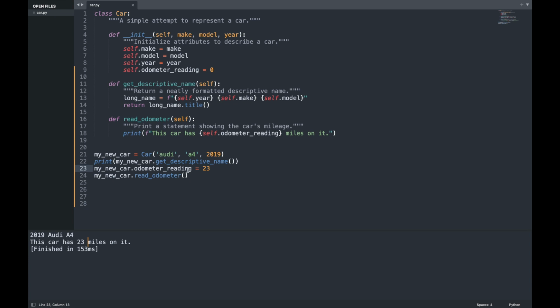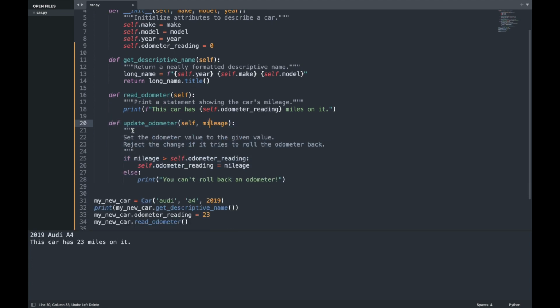Sometimes we want to access attributes directly like this, but other times maybe we want to write a method that updates the value for us. And that's the second option that we have. So in order to do that, let's add a method to our class that allows us to update the odometer reading, and we're going to pass a certain value to our method in order to make that kind of update. So here we have our additional method update odometer that takes the mileage in,